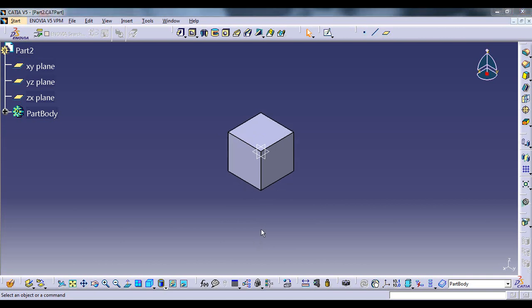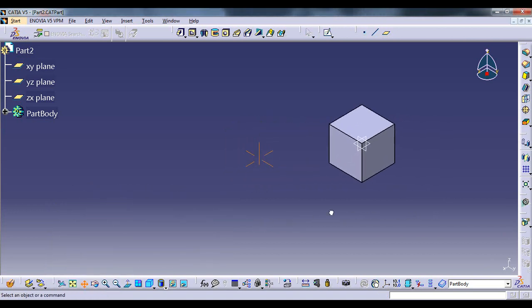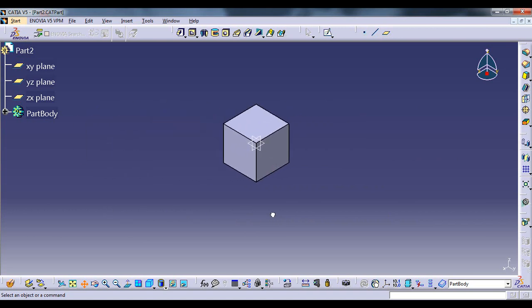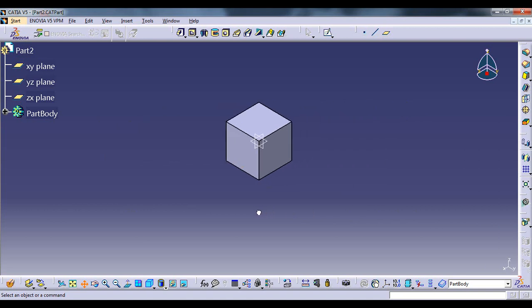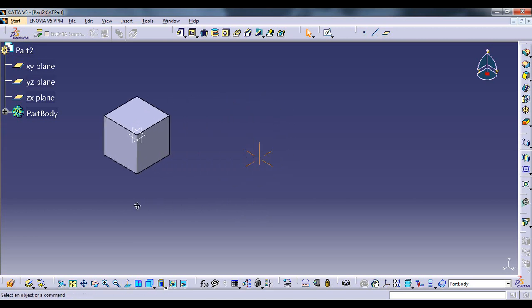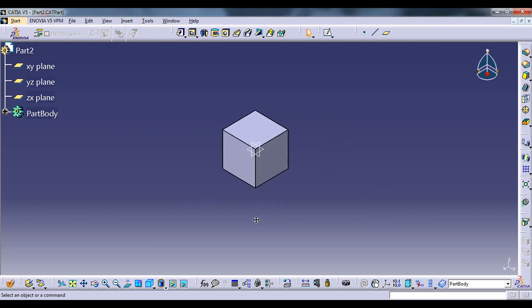If you want to pan this object, just click on this pan command in view toolbox, click on the screen, and without releasing the button, just drag your mouse. You can see that your object will be dragged as you drag your mouse. There is another alternative method to do this. Just press the middle mouse button or the roller and drag the mouse. You can see that your object is dragged along with the mouse.